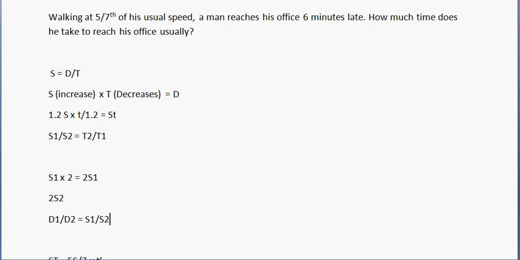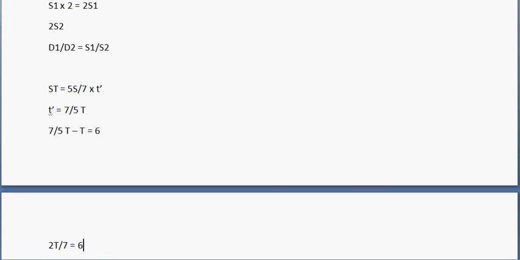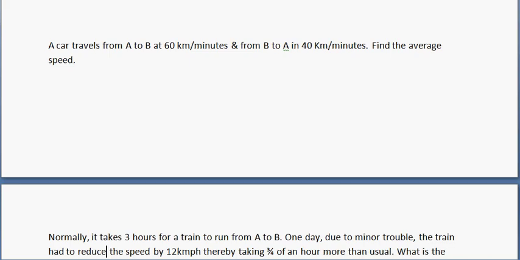So I hope that you understand the relationship, the variance of speed with distance and the variance of distance with speed, and vice versa, right? Similarly, variance of time with speed and variance of speed with time. If you understand these relationships, speed and distance questions are nothing but ratio and proportion questions to a large extent, right? So let's go to the next question, which says